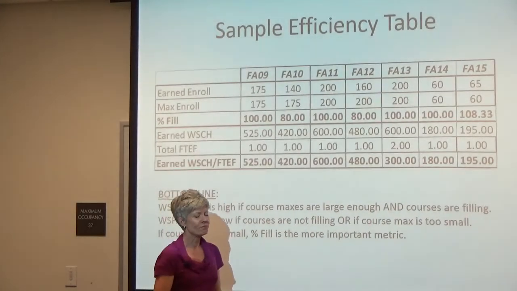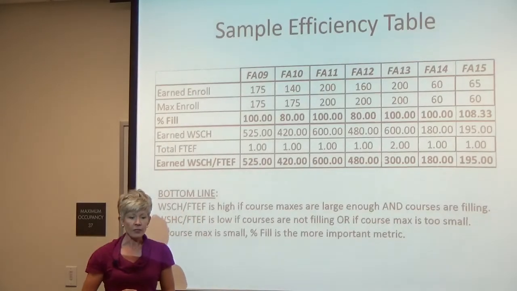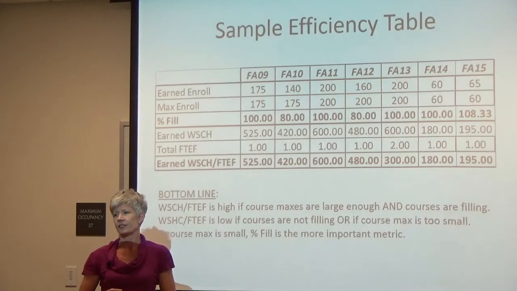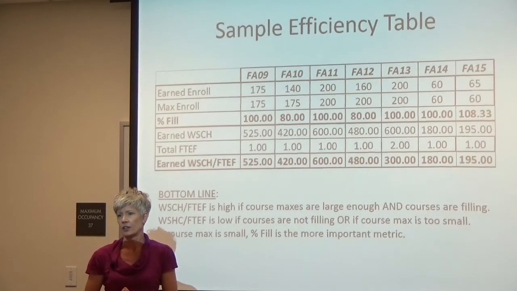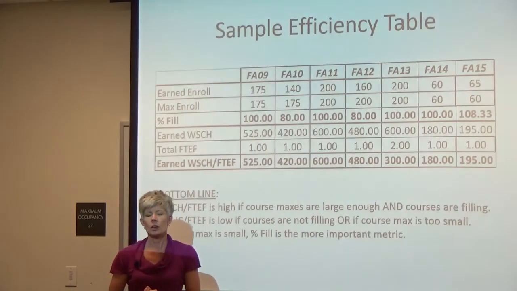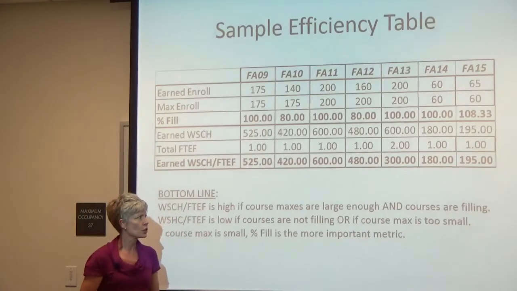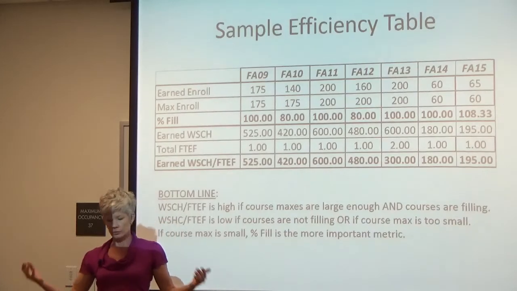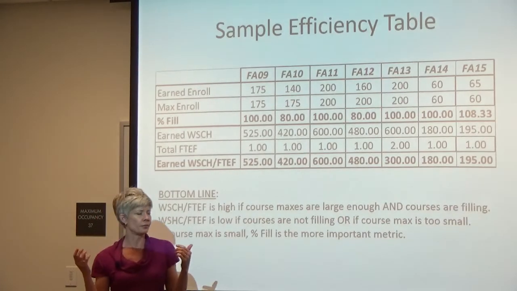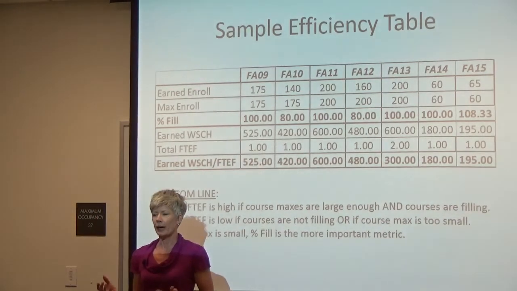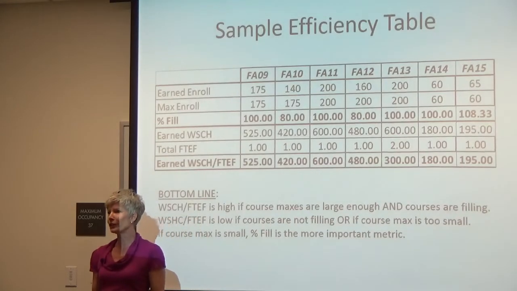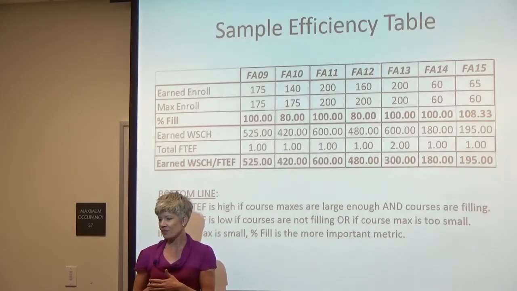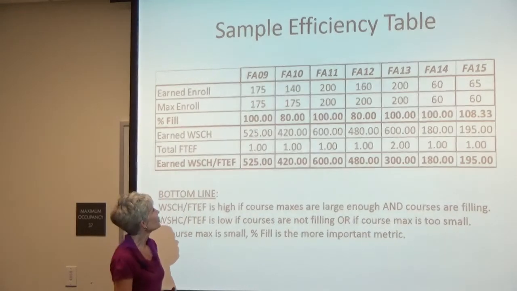So the magic value is 35 students and 0.2 FTEF. That hits 525 right on the head. So if you are teaching courses in your department where the class max, for totally important pedagogical workload reasons, is set at a value lower than 35, then your department really needs to focus on